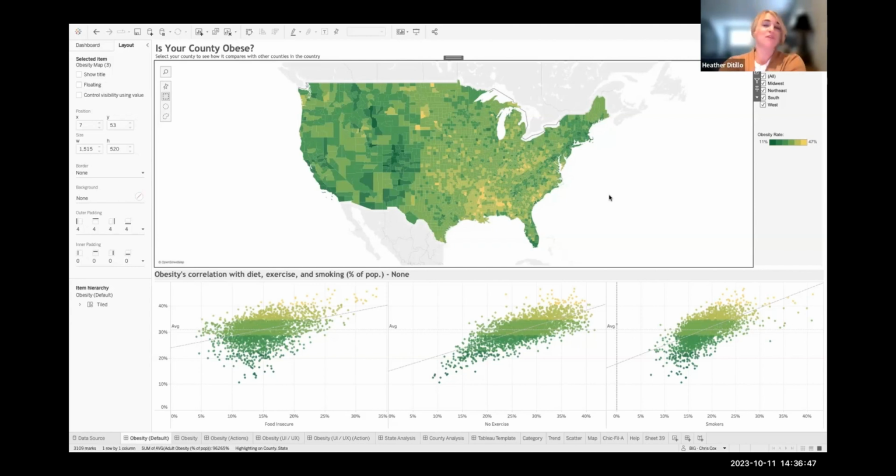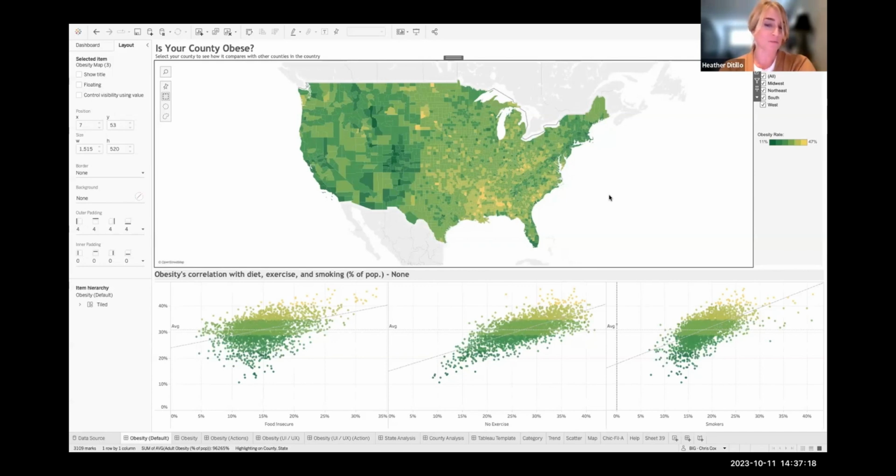But back to this filtering piece. You can add interactivity to dashboards through filters, through dashboard actions, or through parameters. Those are the main ways that you can add interactivity. The problem with this filter is we cannot tell which of the regions has the highest obesity level at all, because it's a filter. So one thing, filters were slow performance. The other thing is, we always say dashboard real estate is expensive, and if you're going to use that real estate, let's use it wisely.